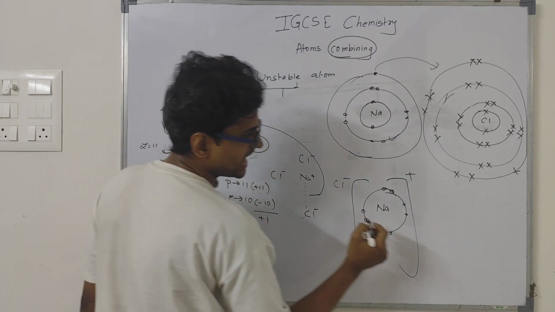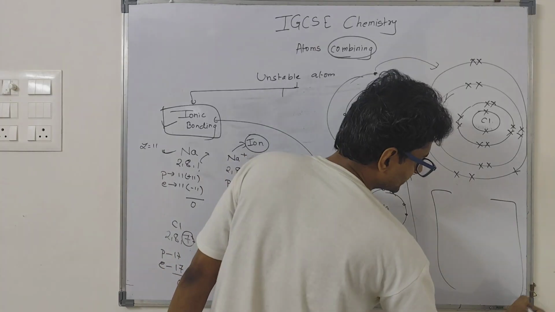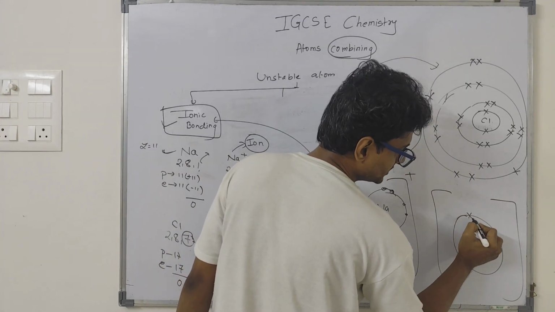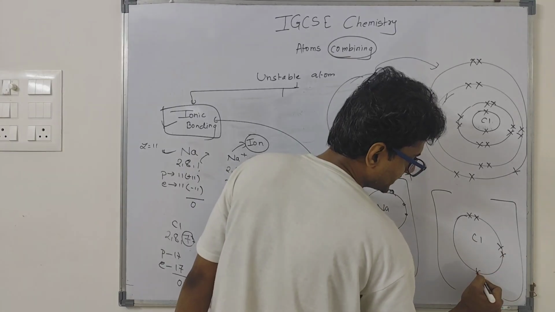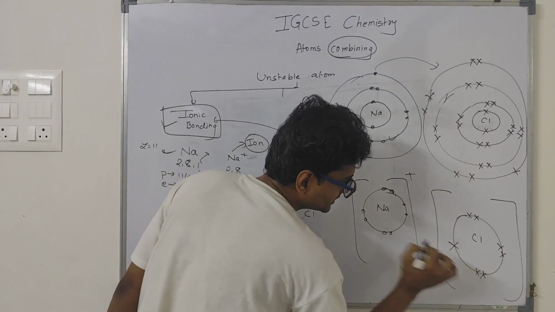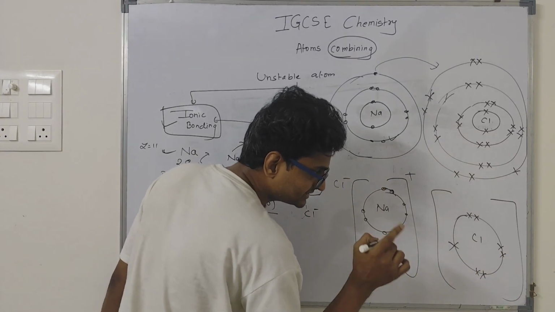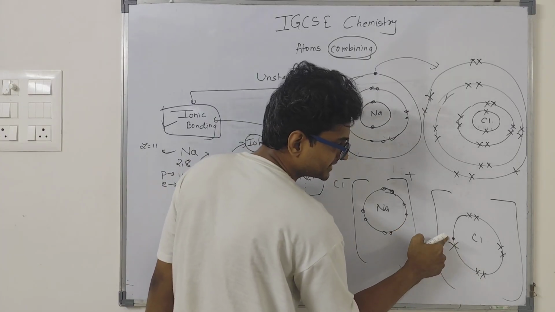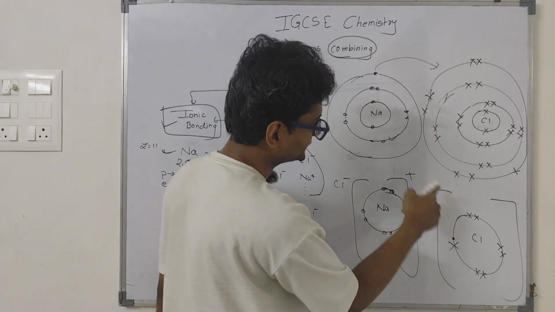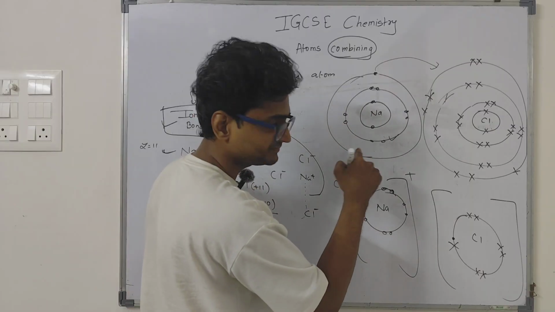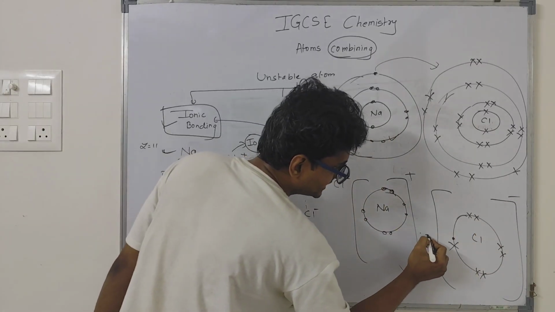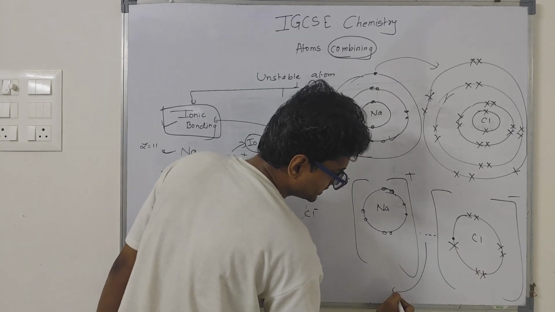See? And chlorine will also have 8 electrons in the last shell, in the third shell basically. 2, 3, 4, 5, 6. You should understand one thing. 7, and the last electron that I'm going to draw will be using a dot. Why? Because this has come from sodium, and for sodium we were using dots, right? It will have a negative charge. Now these will attract each other, and this attraction is called ionic